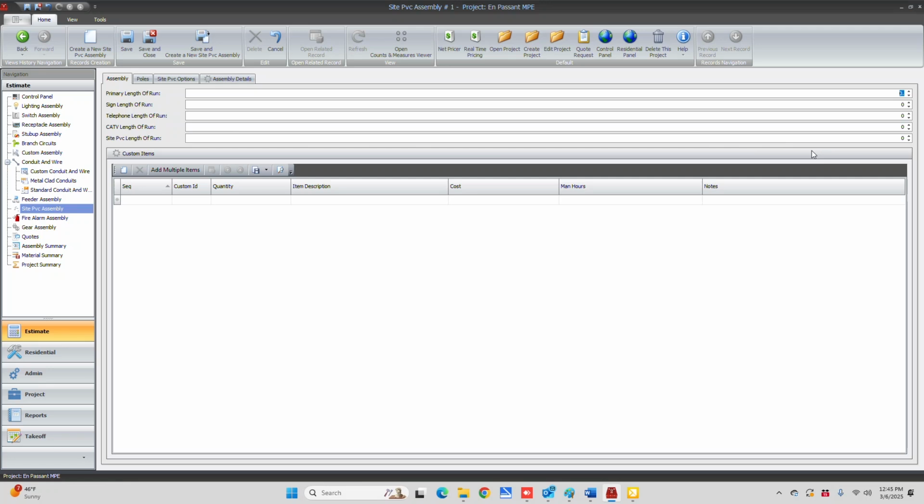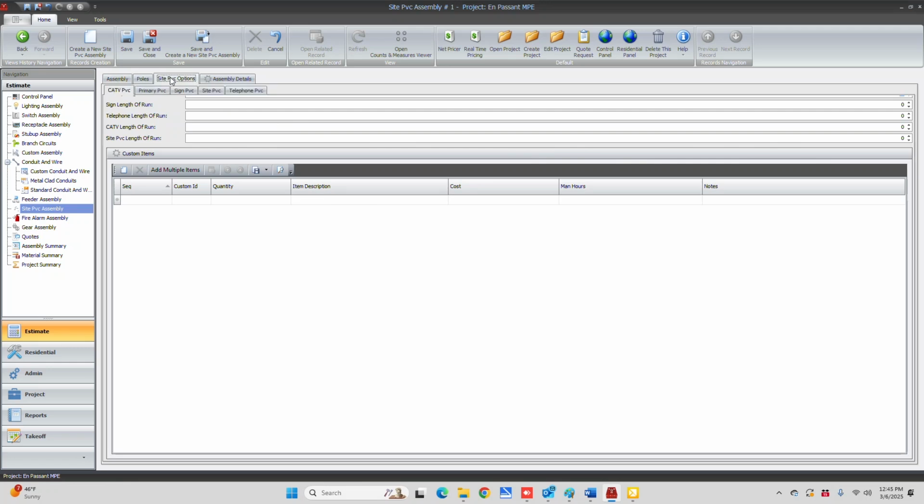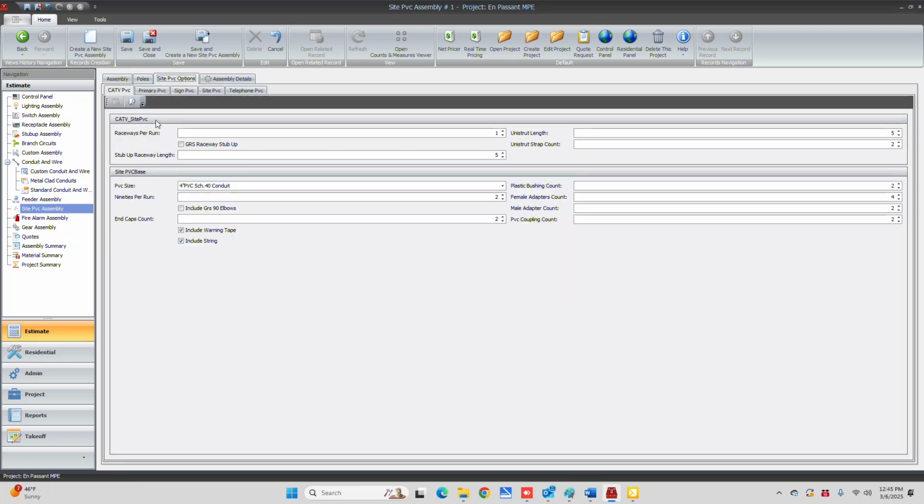And it's going to take care of everything you need, but you need to set it up prior to using it. So let's go to Site PVC options. Let's just look at the CATV. So knowing that you might have to change some of this from time to time, you want to set it up to catch most of your installations. So raceways per run, we normally just use 1 run for the CATV. It's 4-inch schedule 40, 2 90s,